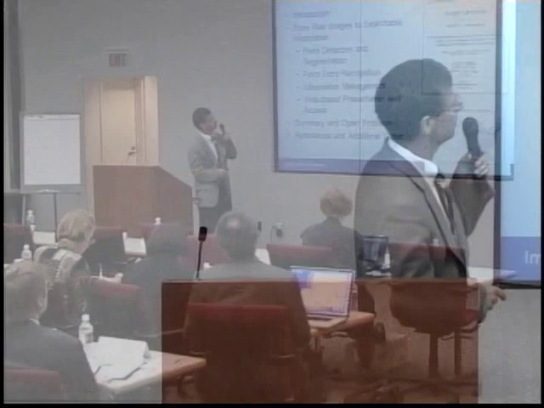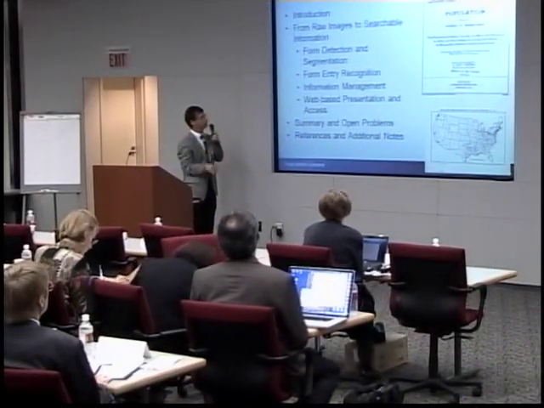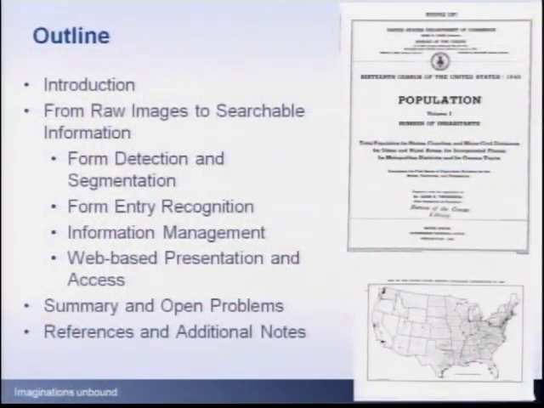Okay. So here is an outline of my talk, and I'm going to primarily focus on that pipeline. How do you go from raw images to searchable information? And I put there some sub-bullets that really reflect my thinking, and probably if we had someone from Ancestry.com, they would be telling you how they are doing these steps. And then because I didn't really get too much input before the workshop about what I'm supposed to talk about, I summarized some open problems for the sponsors so they know where they might invest money and what the open research problems are.